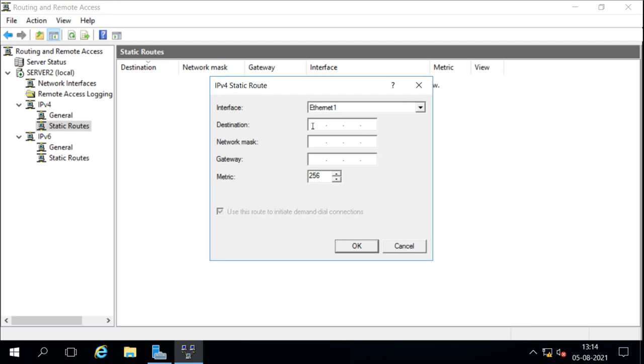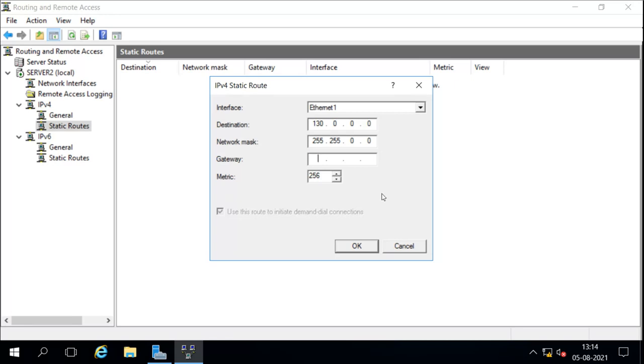Let's say for example the destination network is 30.0.0.0, and I can add the subnet mask. Then we have to mention the gateway, the first hop which is used to reach this network.